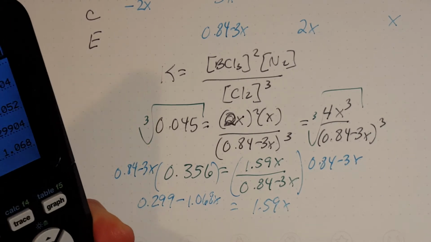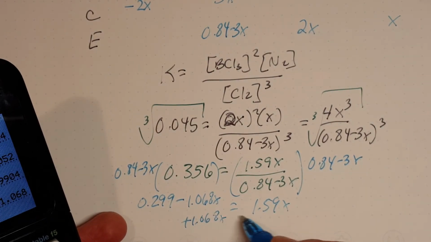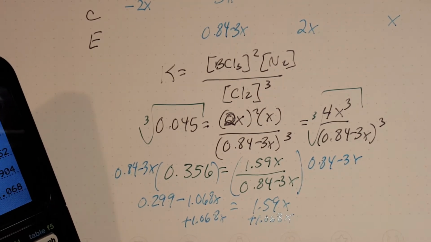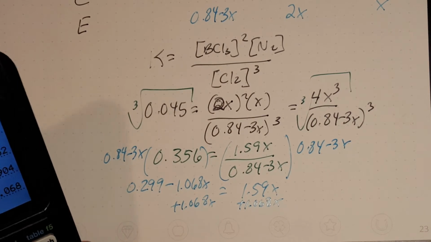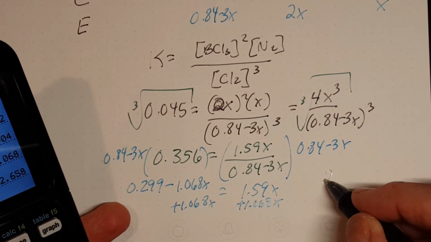Okay, so if I add 1.068x to both sides, I end up with the last step here that we have plus 2.658x